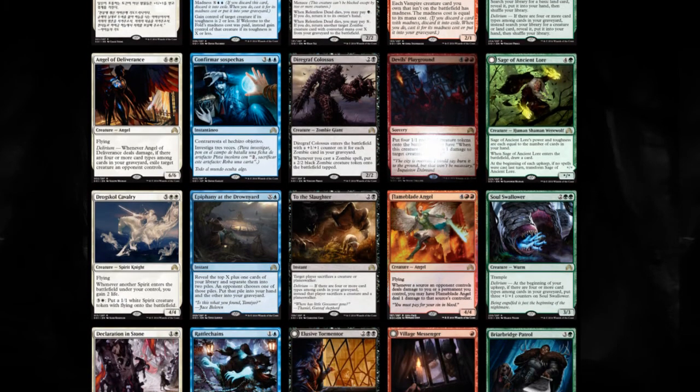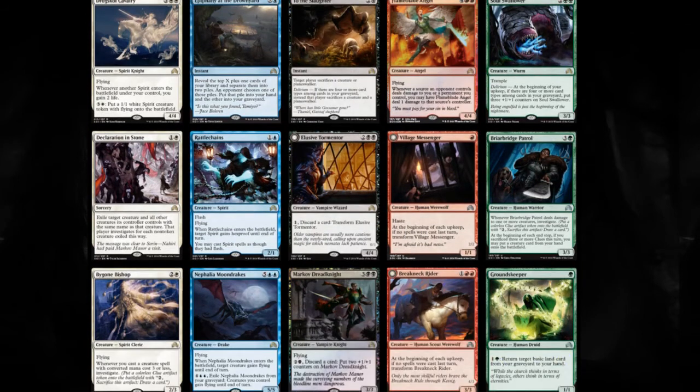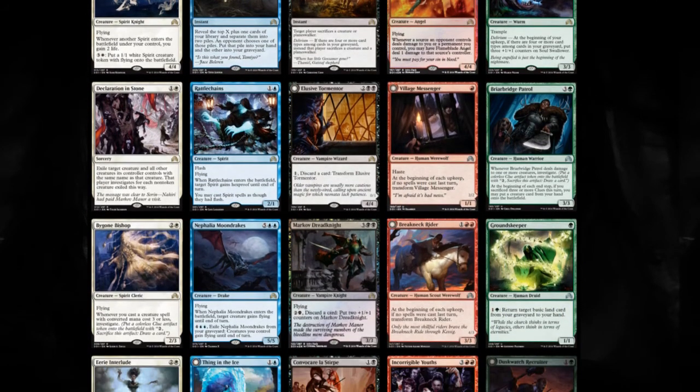Then we see a lot of angels and overcosted spirits which I don't think will make a huge impact. We see some one- and two-drops, good cards for a bunch of other tribal decks. So pretty much almost any tribal will be okay in Standard because of this set. Some will be better than others, but each deck will be okay,